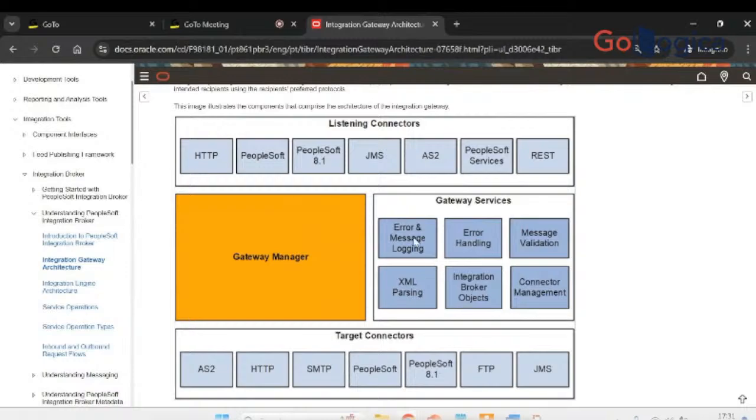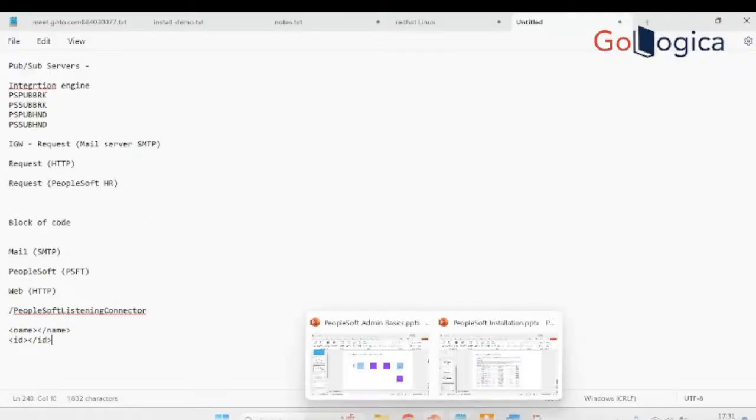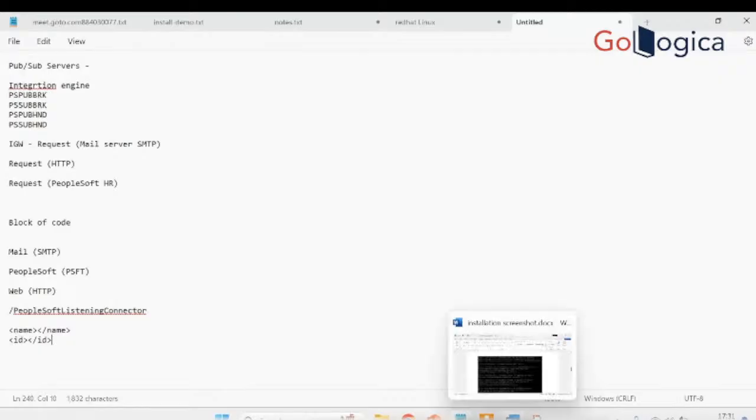So error messaging and logging, message validation. So say the schema is matching or not. Say you have provided a web service in which you are expecting name, and then say ID. So there is a predefined schema of your message, and if the request that is coming matches your schema or not, that validation is also done at the gateway level,